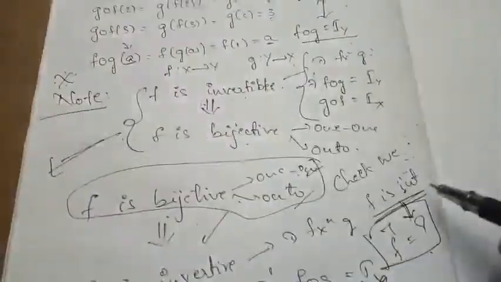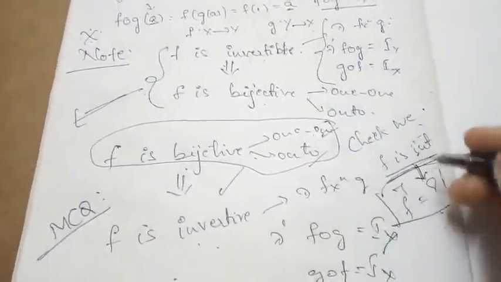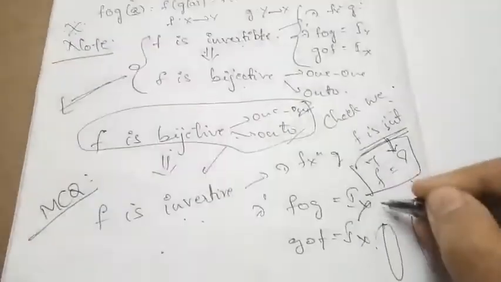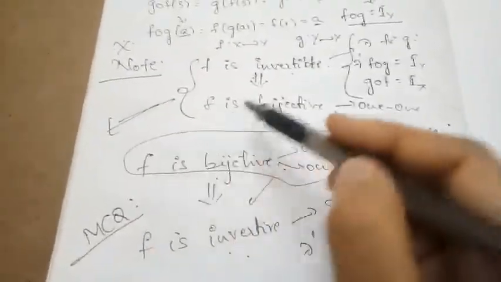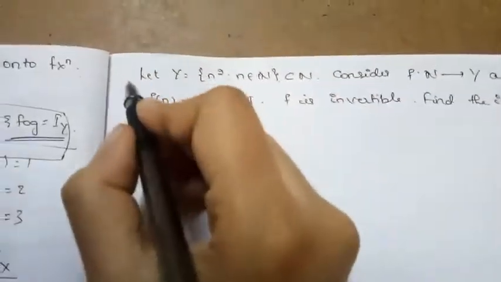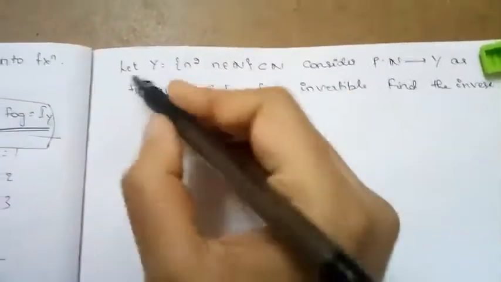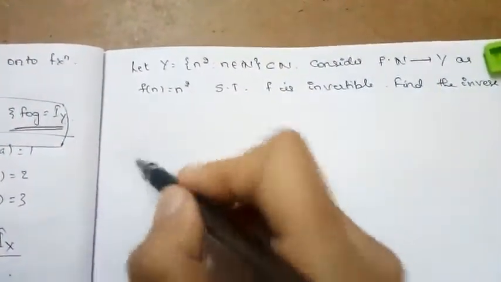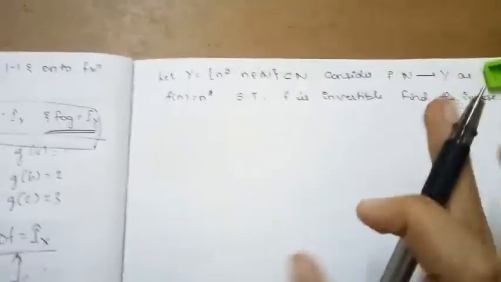This type of question is helpful for solving MCQs, because it is a one-line statement or one-word checking process when the function is defined, since you can check one-one and onto by the mapping process also. That's why this type of hint note is very important. So let us solve a few questions regarding invertibility and finding the inverse. All of them are solved with those two steps itself. Let us solve them one by one, and at that time the concept will become clear.